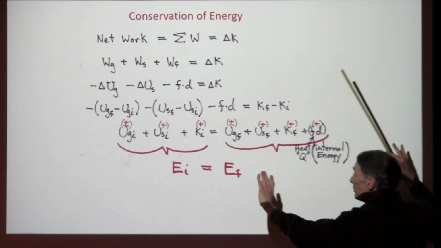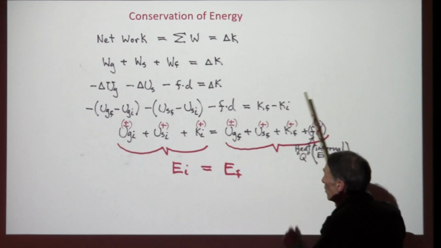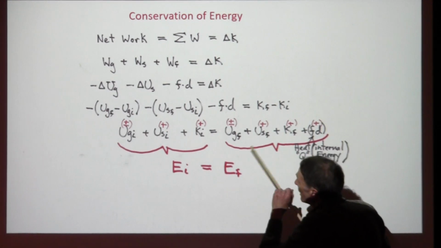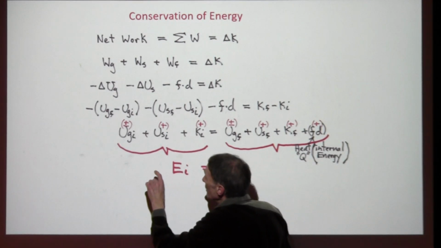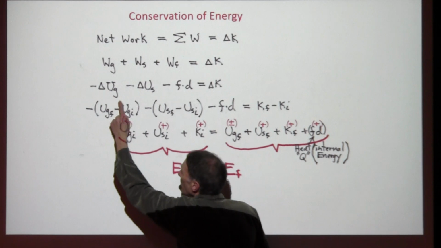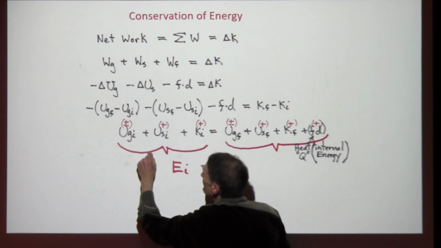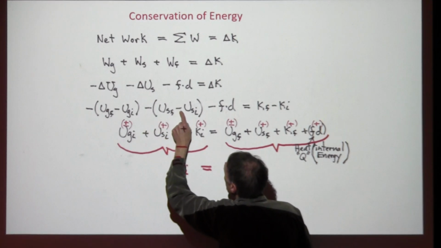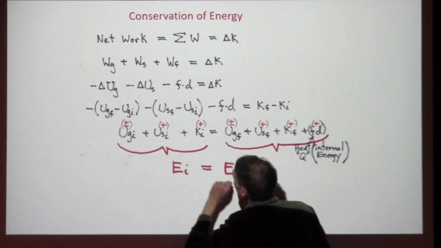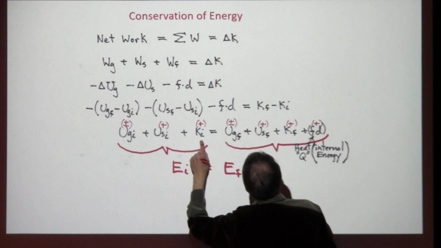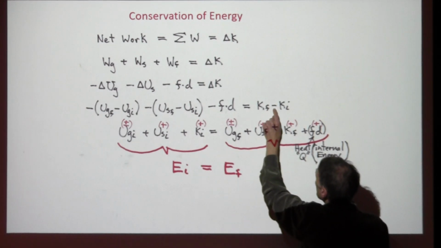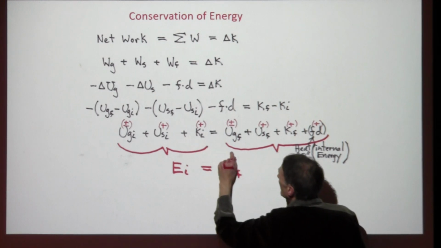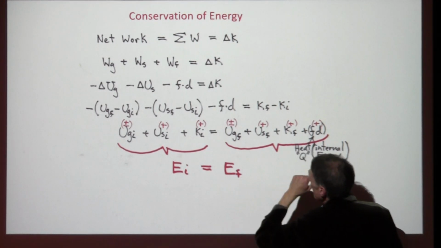Okay, now let's separate terms. Let's move all the initial terms over to one side, the final to the other. So I've got my initial terms, I've got a minus times a minus, this becomes a plus. And this becomes a minus, and a minus, this becomes a plus. I've got a kinetic energy initial, it's a minus here, I take it over to the other side as positive. On this side, I've got,